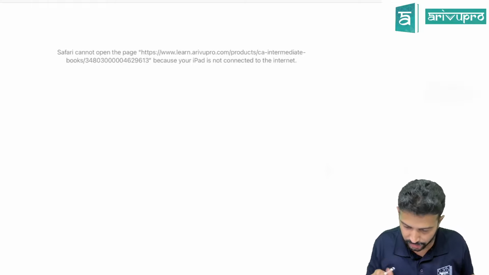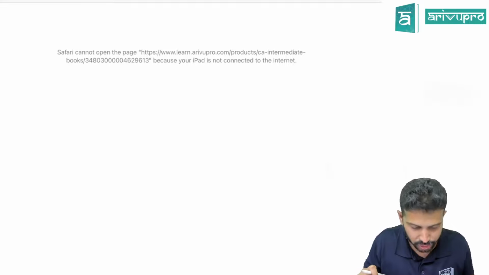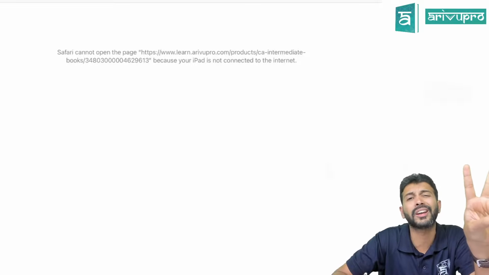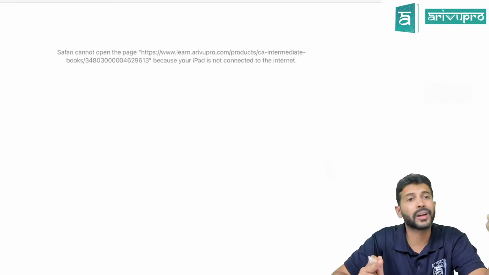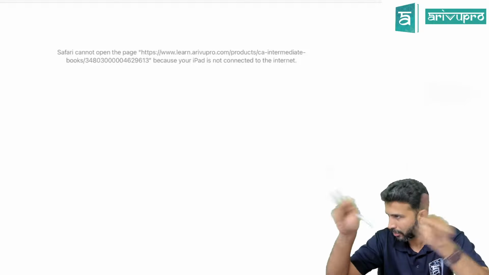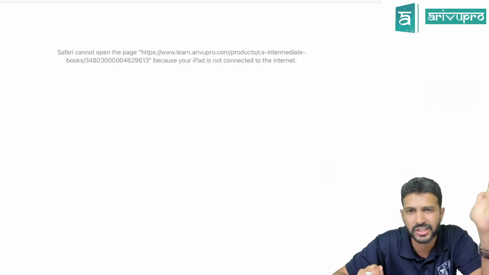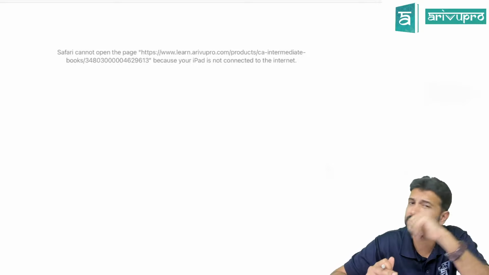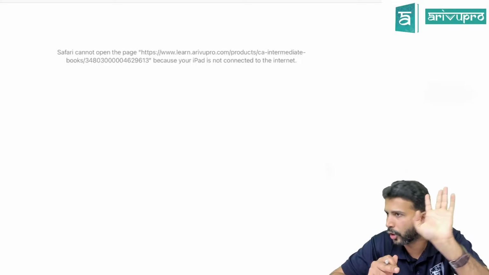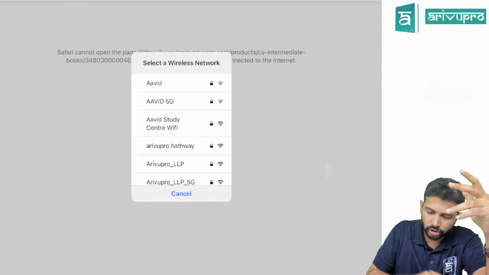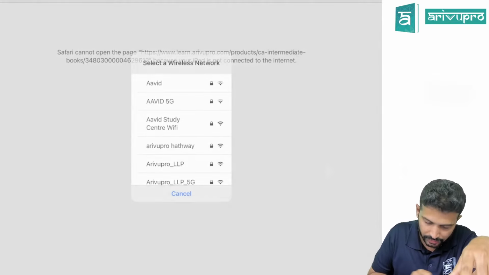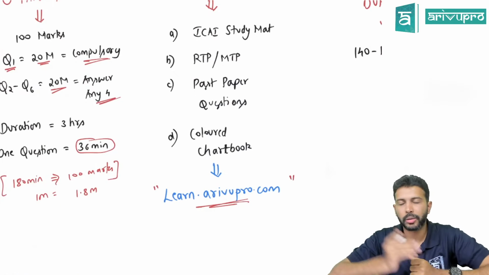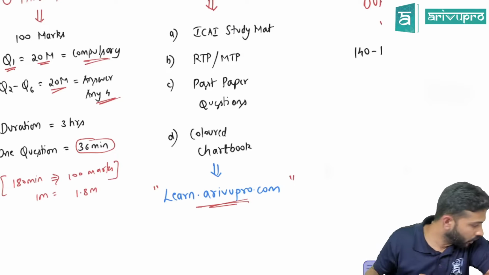Something is saying we cannot open this. I don't know why, some internet issues, I think. We have two types of books. One is the study book, another one is the chart book. The study book is our main class material, which will have all the questions and concepts. The chart book is the revision book. If you're placing the order, make sure you give the right address and phone number so that the books get delivered to you. I think I'm not connected to the Wi-Fi, that's the reason it's not popping in. But once you go to the website and select that, it automatically pops in there.